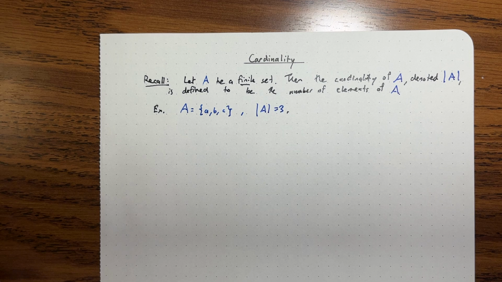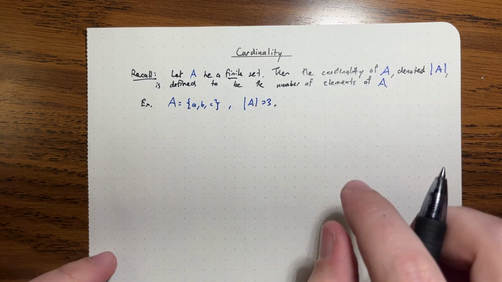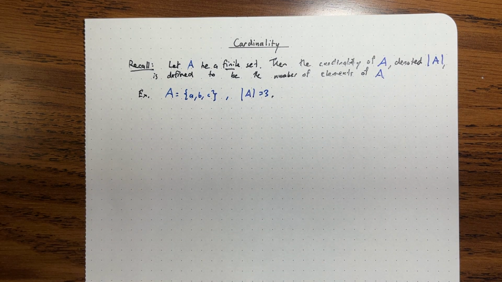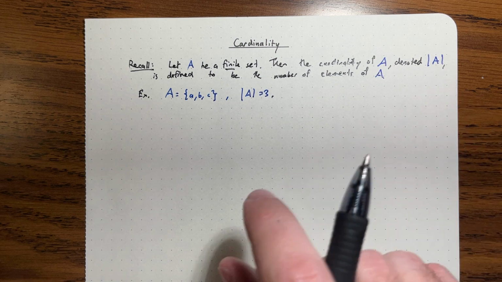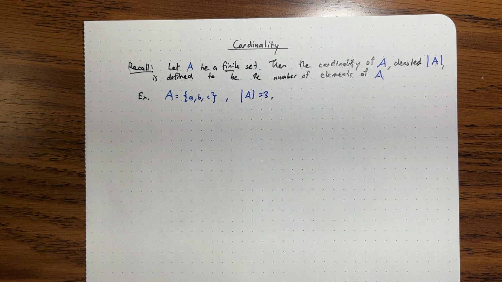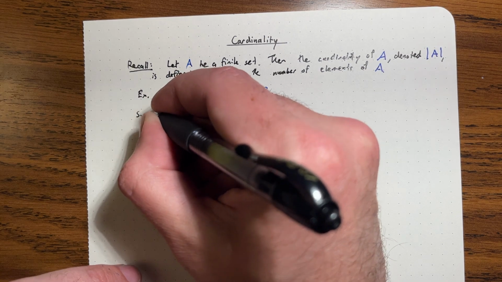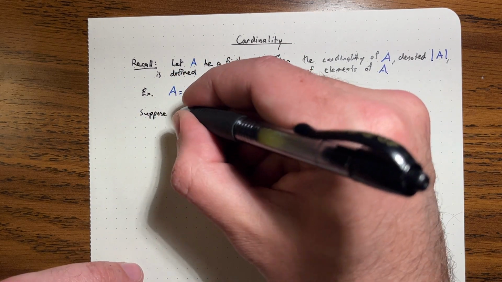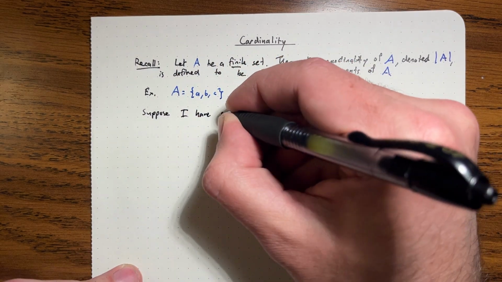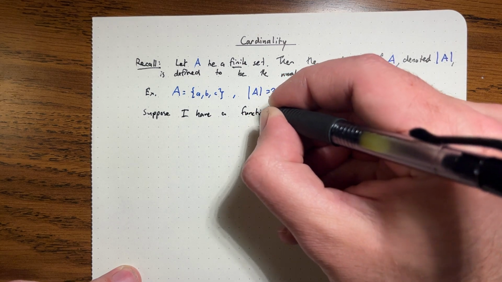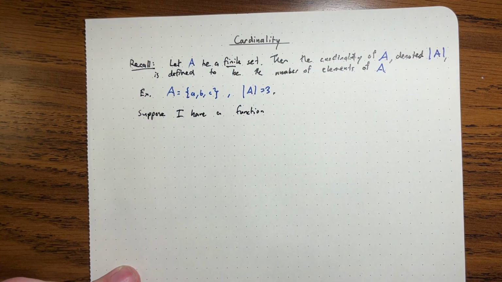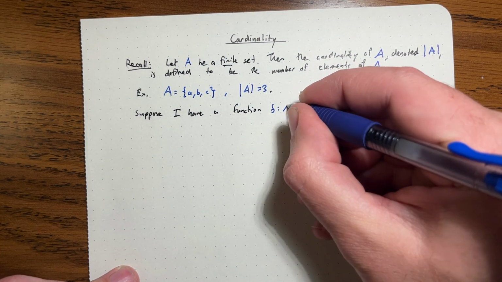But there are actually some rather interesting properties of cardinality when we combine the idea of cardinality with functions. So suppose I have a function f from A to B,